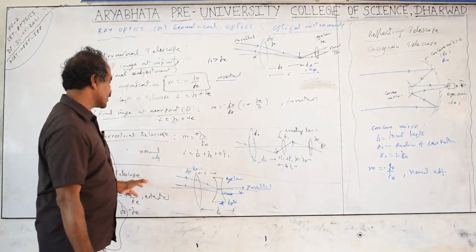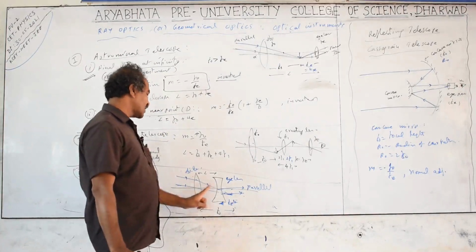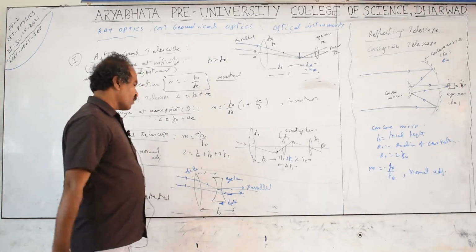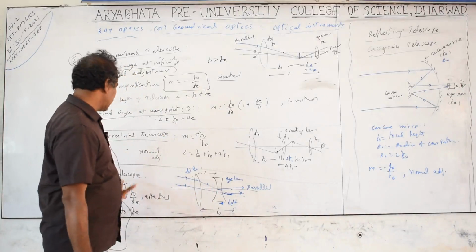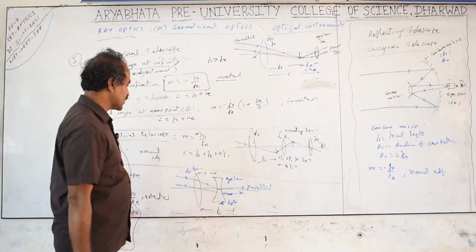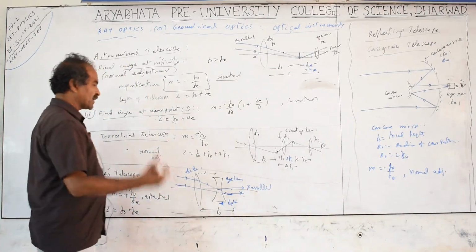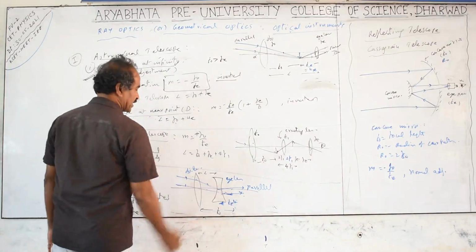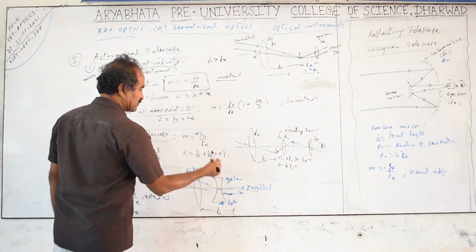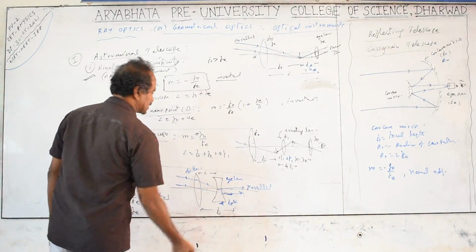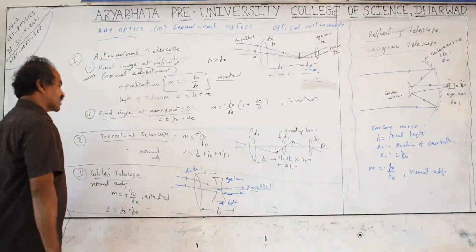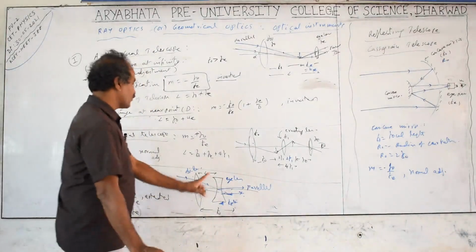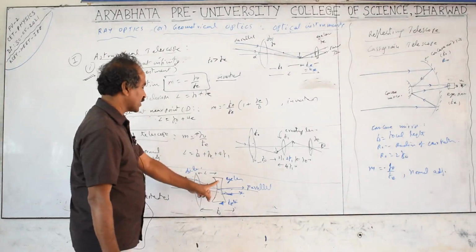Next, in the Galileo telescope, he used one convex lens and one concave lens. To see the opera dances and programs in Italy, he modified the already existing telescope to get better images, using a convex and a concave lens. The advantage is that you get a clear, erect image, directly erect, and the length is also less. The focal length of the convex lens is positive, and for the concave lens it is negative.